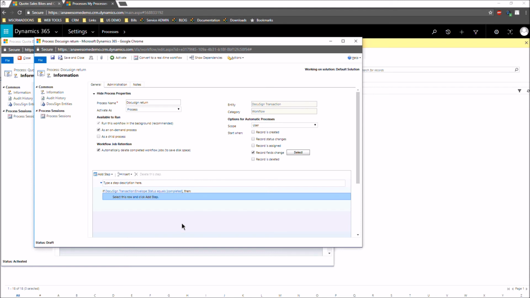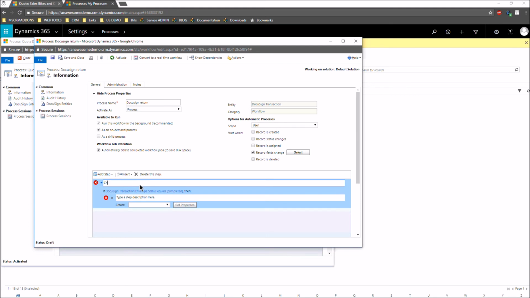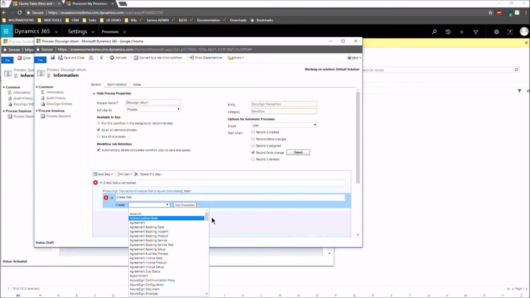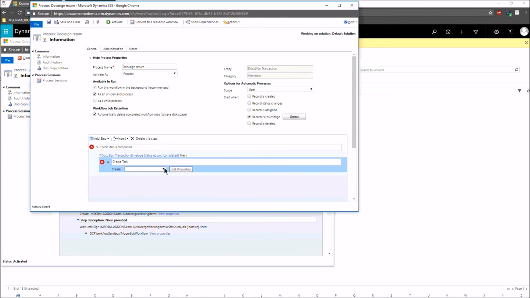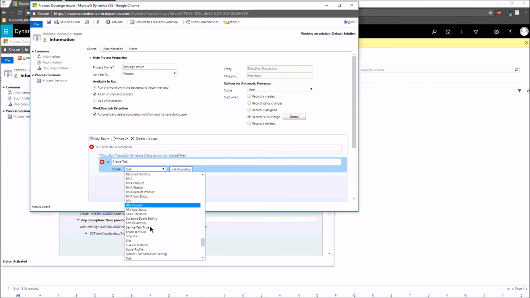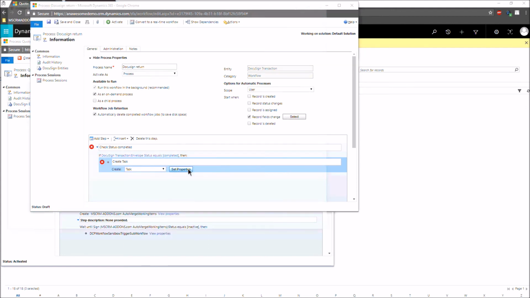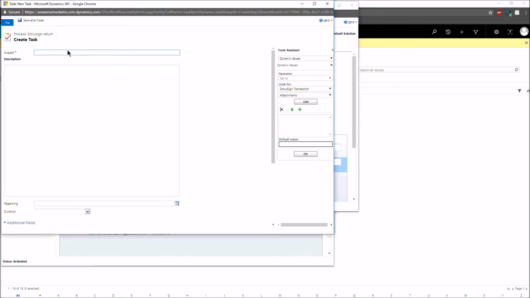After you're done with that, this is where you can basically do anything you want to. So after it gets back, say I want to create a task for my owning user. So hang on here, let's check. Okay, this is really simple here. One second, let me get this up here a little bit so you can see it a little better. So I want to create a task, and once again, I'll just set my properties here. So the subject is,